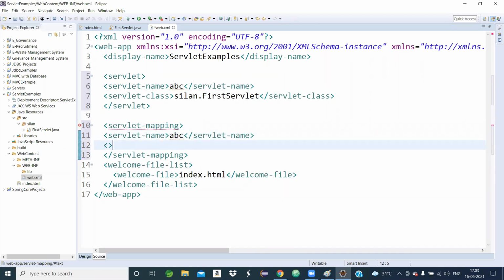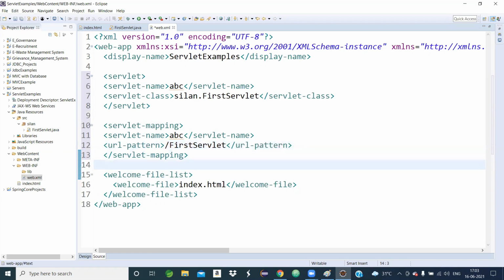Then the URL pattern. We have already seen that it is slash your class name, slash FirstServlet. So URL pattern, finish, Control S. This is my web.xml file.